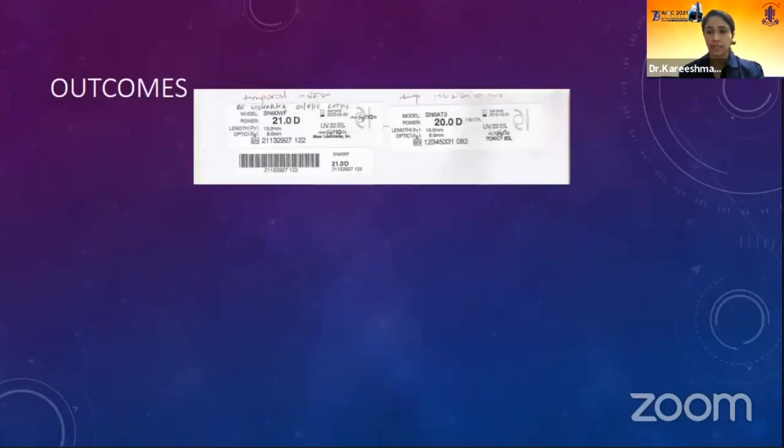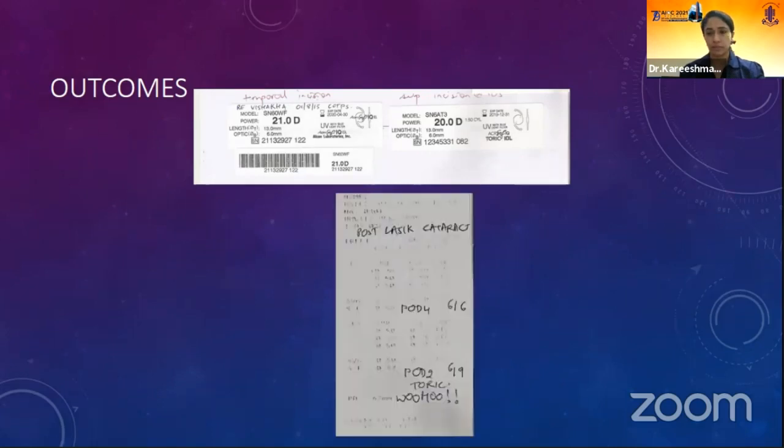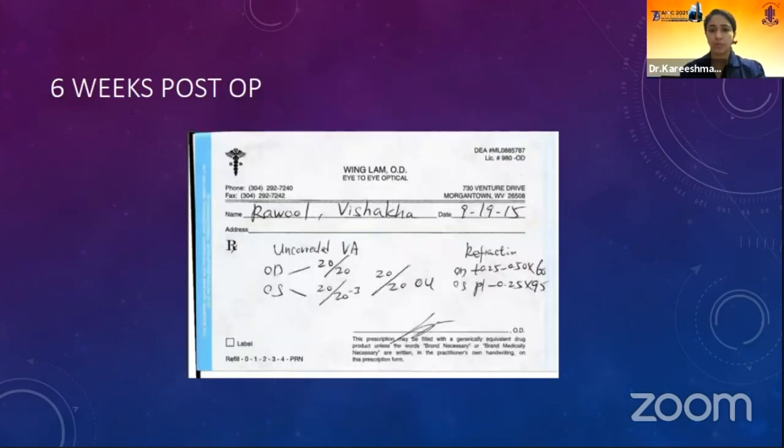And as per my ASCRS calculator, these are the IOL powers that I use, which are exactly 1 diopter higher than what the routine IOL Master was showing. But post-LASIK cataract, this is just post-op day 5 with a 0.25 cylinder in the right eye and 0.5 with a 0.5 cylinder in the left eye. So it gives you fairly accurate results. She went back to the vision,